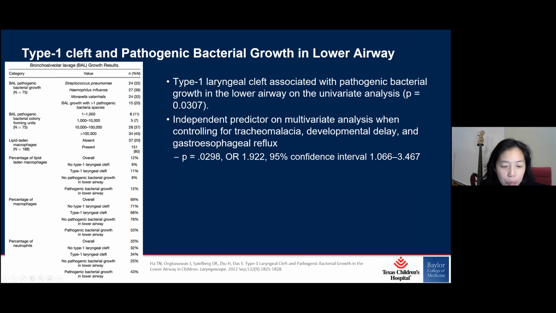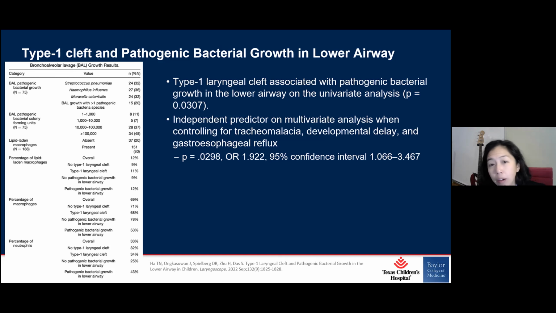We actually were wondering, this is a study that we did at Texas Children's, coming from an aerodigestive perspective, and I'm a surgeon as an ENT. Is there something that I can do to help affect this? So we looked at our incidence of type 1 laryngeal clefts and pathologic bacterial overgrowth. We didn't look specifically at PBB, but if you have this pathological bacterial overgrowth, there's a strong correlation with PBB in these kids.